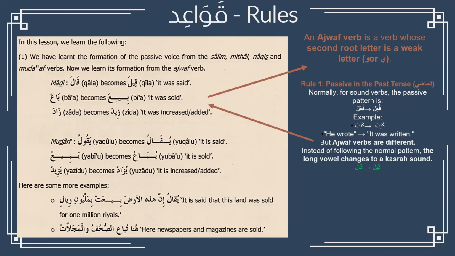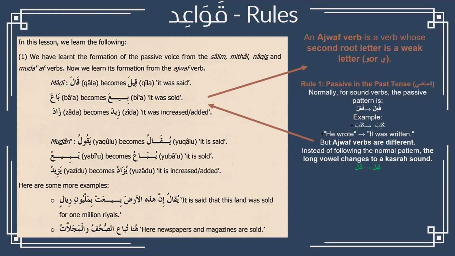You know that when you have the ya or the waw, there is a problem, right? So we generally would have a problem when you have the ya or the waw or the alif, because then the rules for Arabic change. Why does it change? Because the pronunciation of the Arabic words becomes difficult. So that's why the rules are a little bit different whenever you have the words or the verbs that include the ya, waw, or the alif.